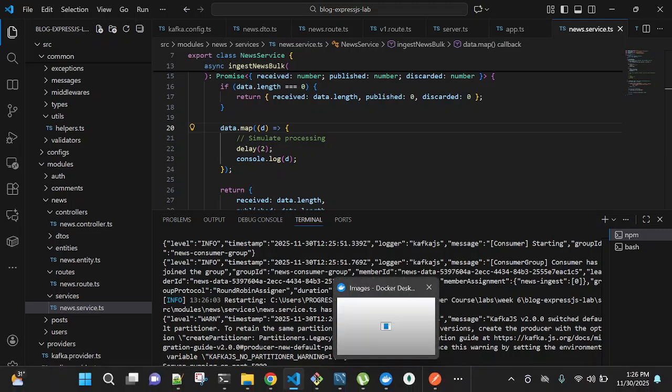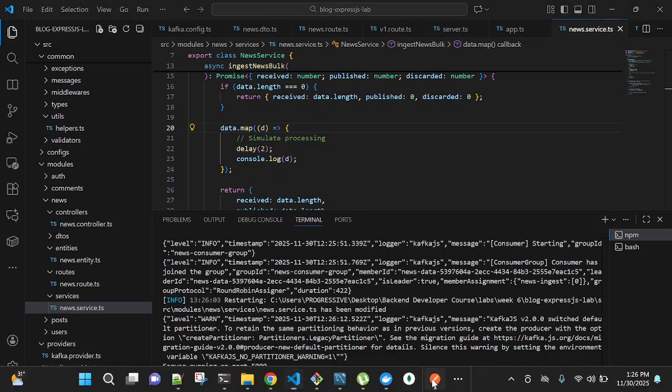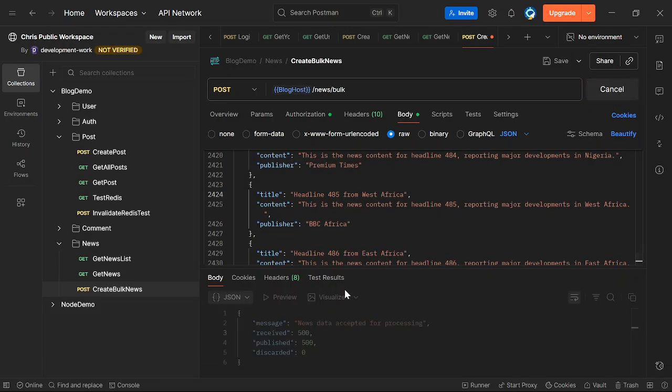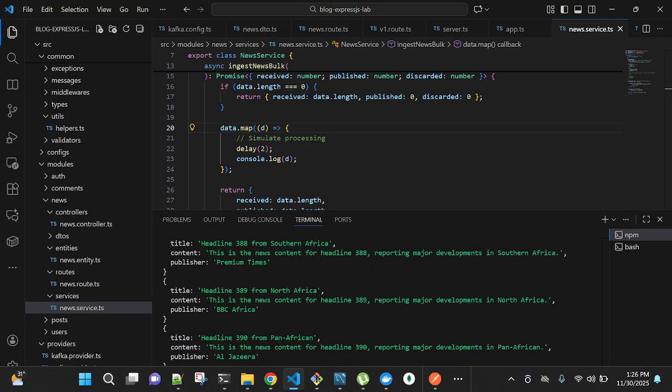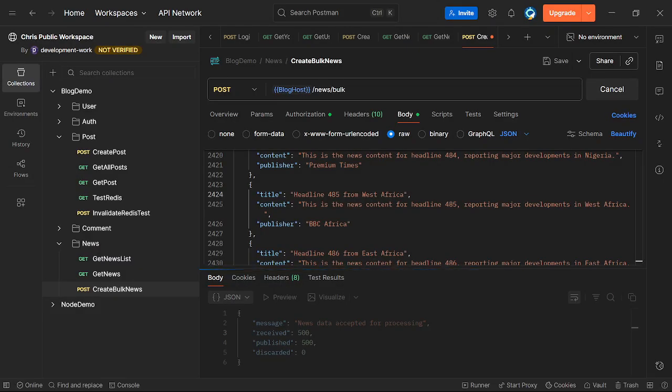So this is basically what I'm saying here. It's going to take time to process those 500 records. Now take for instance where you are processing 1,000 records, 10,000, hundreds of thousands of records.